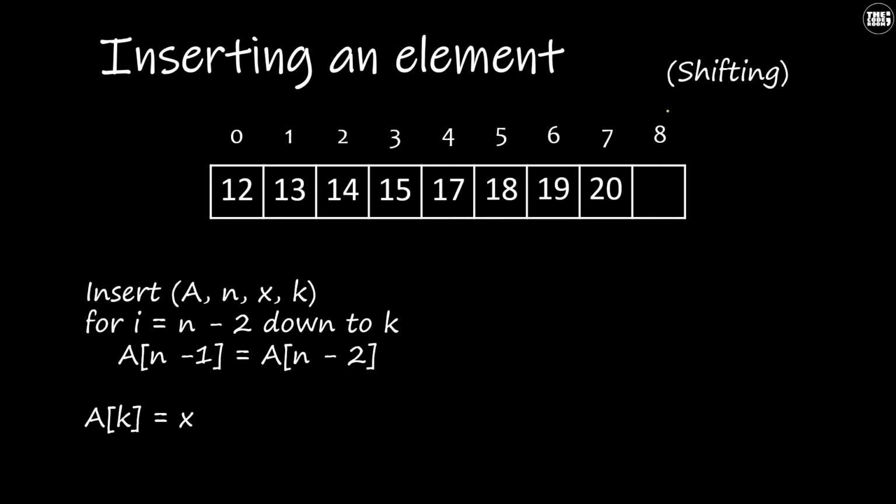Now let us see inserting an element through the shifting method. There is one very important thing to know before learning how to insert an element in an array. Your array must have an empty index to store a number. You can see here that in this array, the 8th index is empty. So we can insert one element in this array. But consider an array like this. We cannot insert an element in this array because there is no empty cell present. Therefore, inserting can only be performed on arrays which have empty cells.